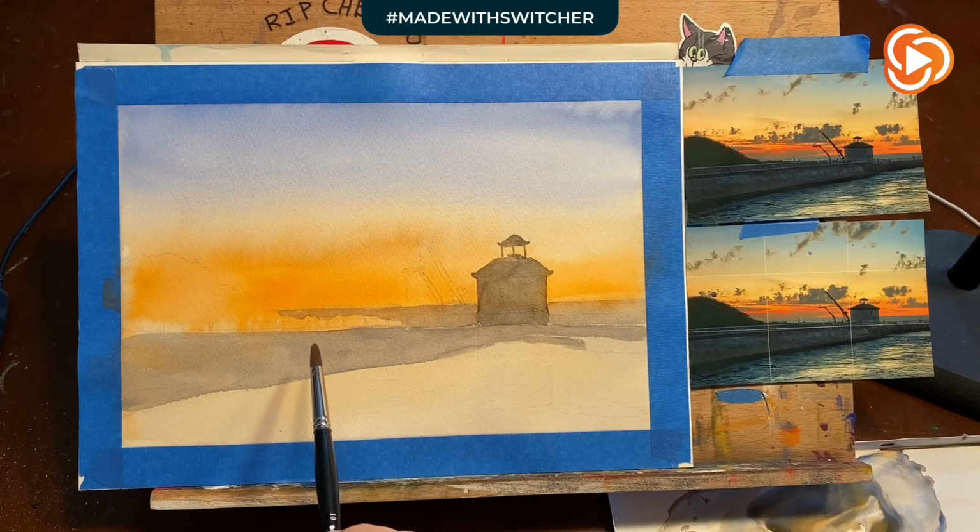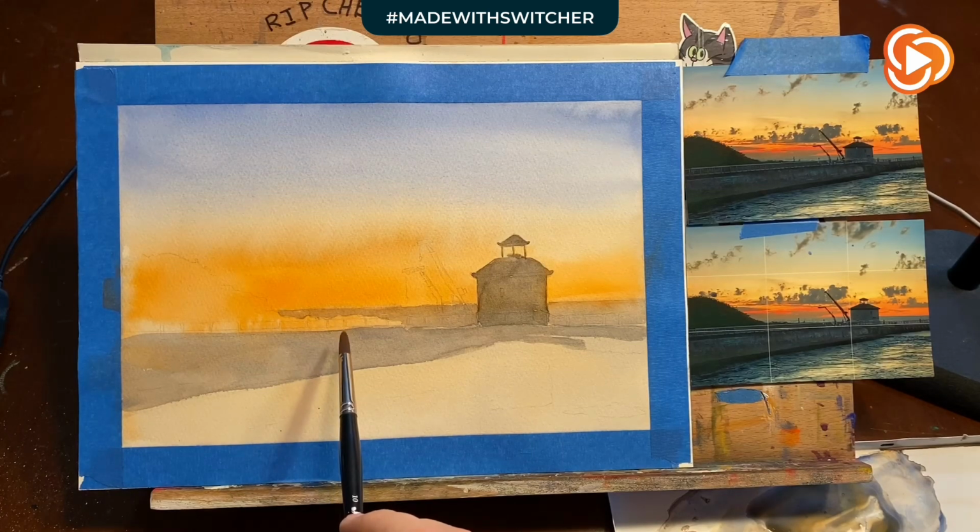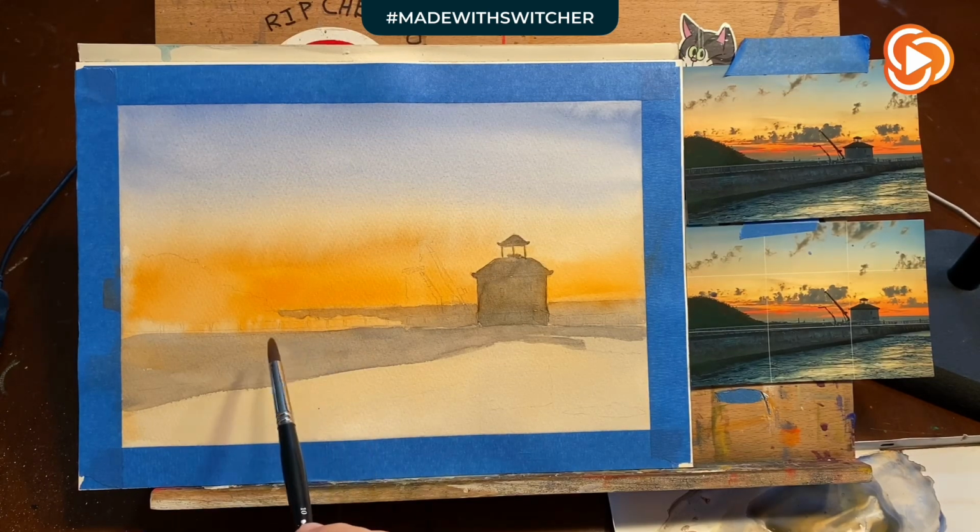What we'll do to show the railing of the jetty is I'll come in with some white or a light toned watercolor pencil on top of that greeny gray color to identify the railings on this side. On the other side, they're dark because they're silhouetted against the water. So so far it's working out as far as what we're trying to achieve, which is to build this